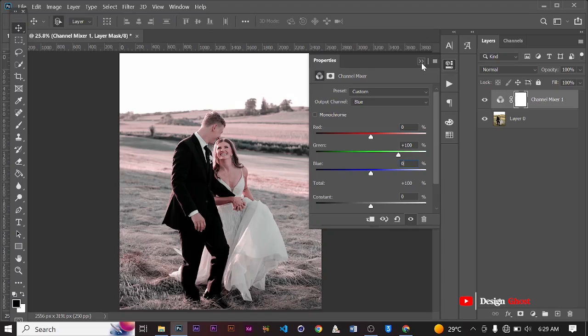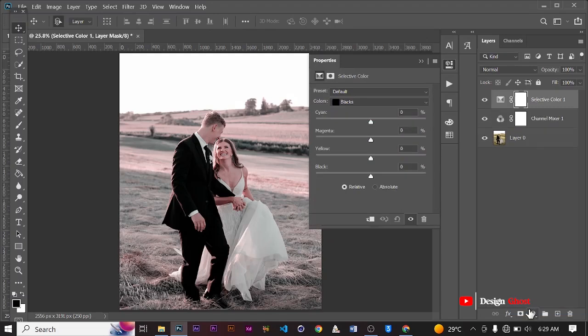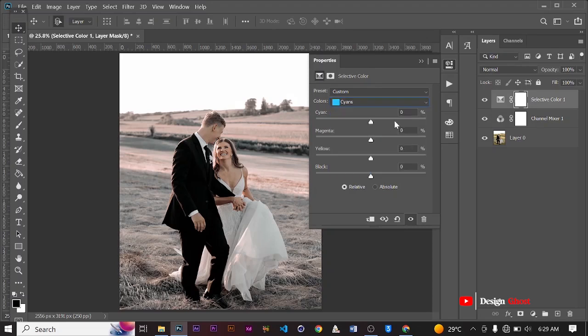Great. After that, we are going to add a selective color. So we come back, we look for selective color. Then in the selective color, the first one that we are going to adjust is the red. So in the red, we are going to touch the cyan and the yellow. So we are going to make cyan 60, and we are going to make yellow 100. Then we are going to change the color to blue, which is cyan, and in cyan we are going to change cyan to -100,